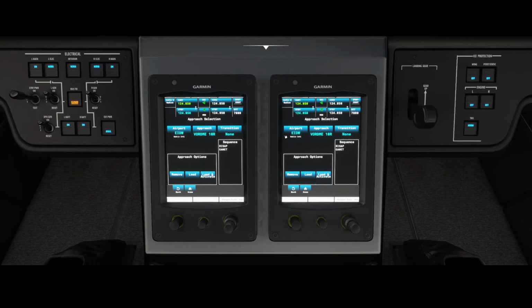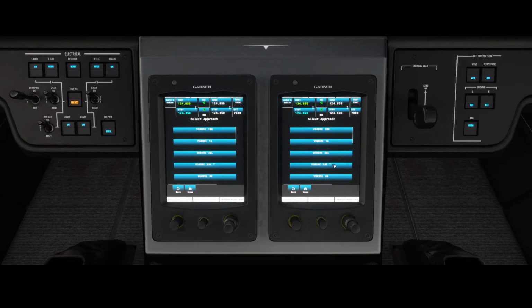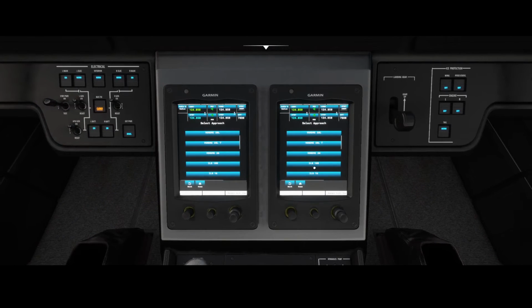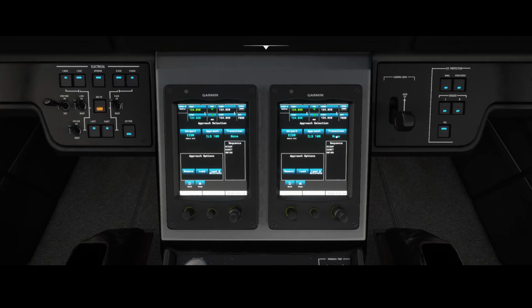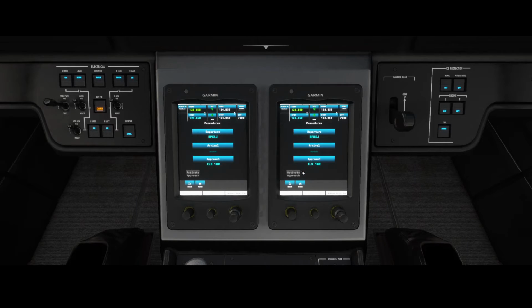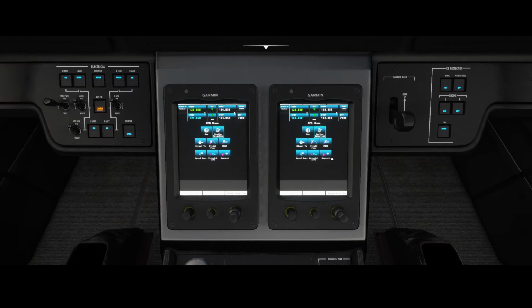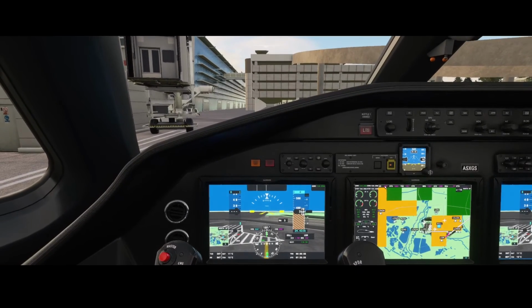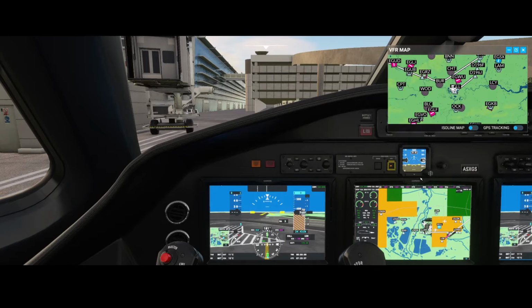The same thing you can do for the approach. So if you would approach, we can see Dublin International is already selected. You can select the approach which you want to do. So for example, if you want to use ILS, we can select it. You see the sequence, and the sequence are simply the waypoints which we're going to visit prior to landing. So again, we're going to press load, we're going to press home, then we're going to go back to our VFR map. That's probably easier because then we can,